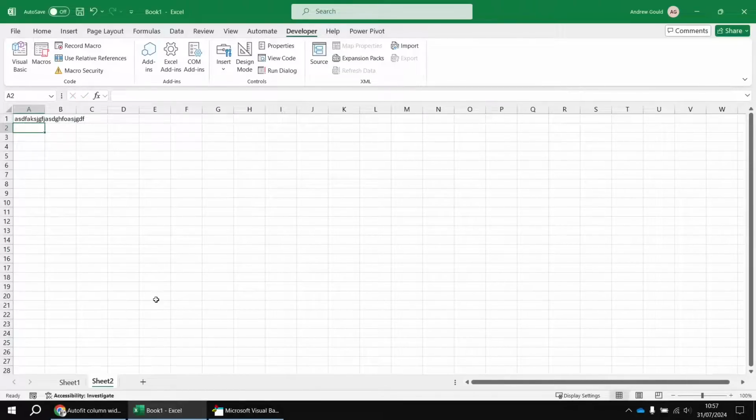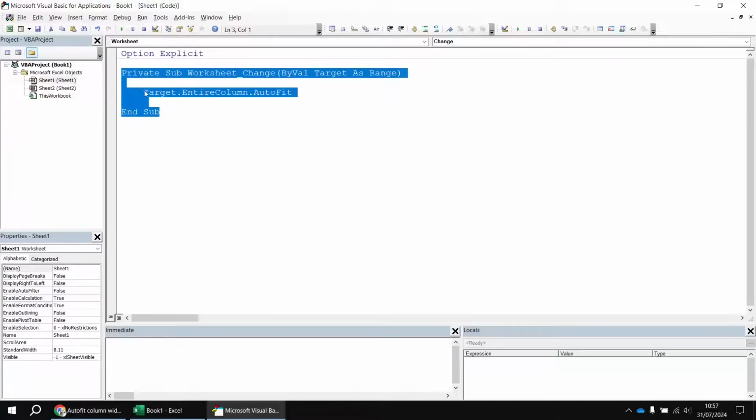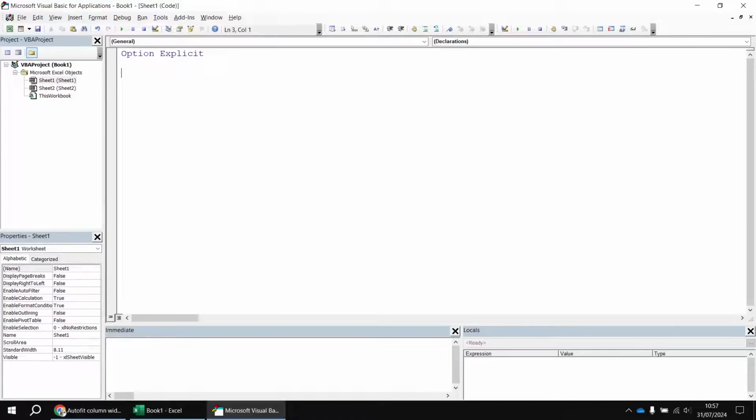So one option here, I suppose, is we could head back into the Visual Basic Editor and then copy the event procedure into the Sheet 2 object, but that seems like a bit of a waste of time. Let's do it this way instead. I'm going to copy the instruction I added to the change event, and then I'm just going to delete that procedure altogether. Instead, I'm going to then go to the This Workbook object, so I can double-click this workbook on